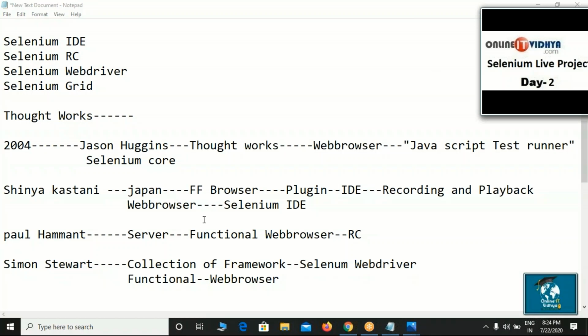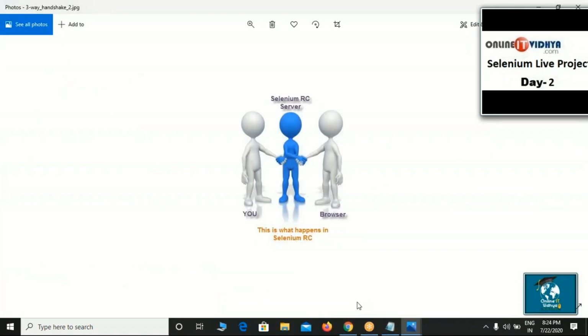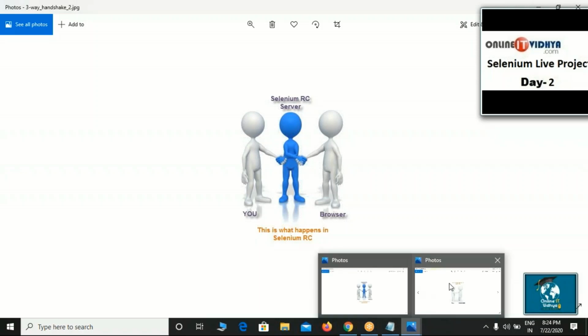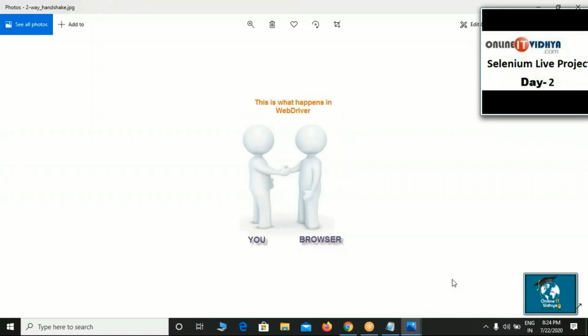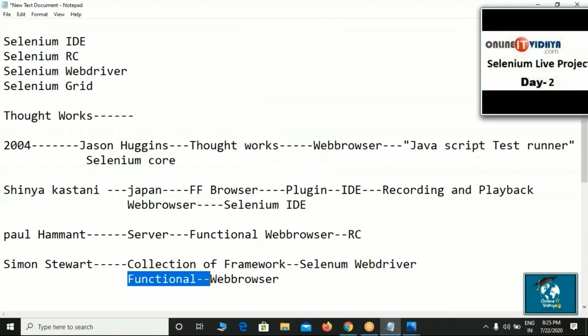Identify one point, guys. RC is also used to perform functional testing, and WebDriver is also used to perform functional testing. But the difference is, observe, RC requires a server in between the browser and the user. But with WebDriver, without any server, the user can directly perform operations on web browser applications. Understand, guys? Once again, everyone,